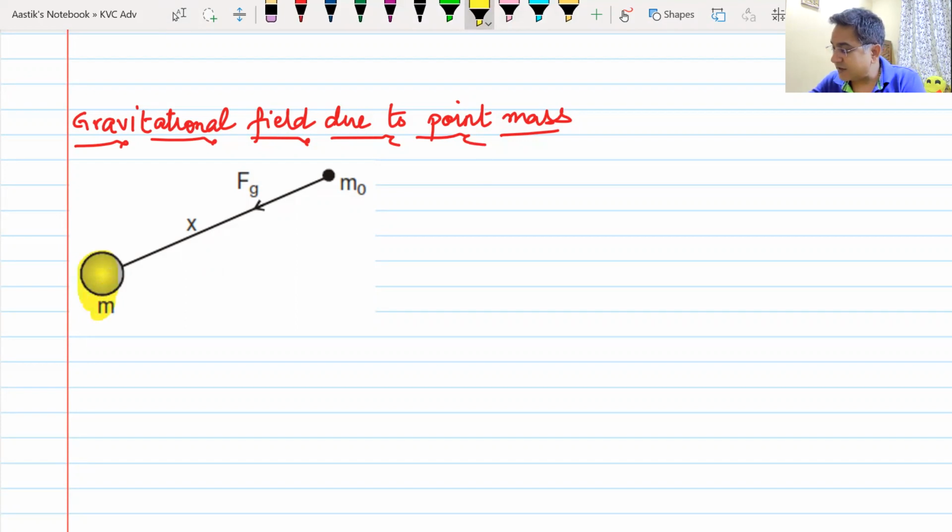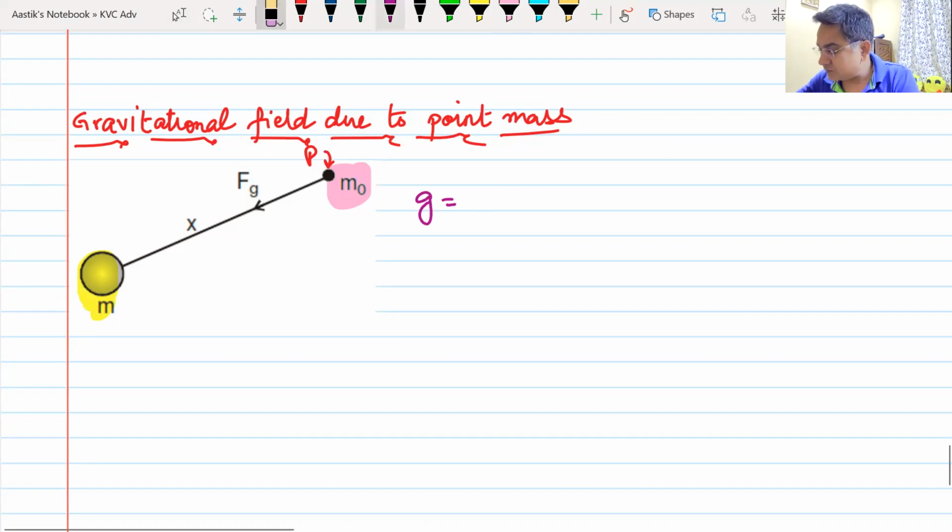You want to find out the gravitational field at this point P. So what do you do? You put a very small mass, find out the force on that mass, and divide that force by the mass of that point mass. Whatever you get will be known as the gravitational field, and it is very easy to understand that the value of gravitational field G will be equal to